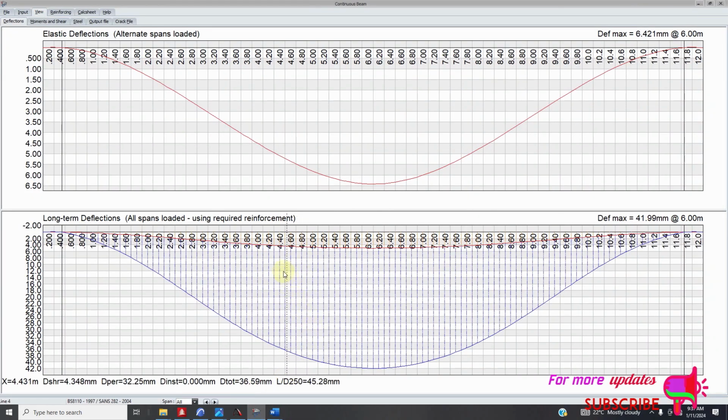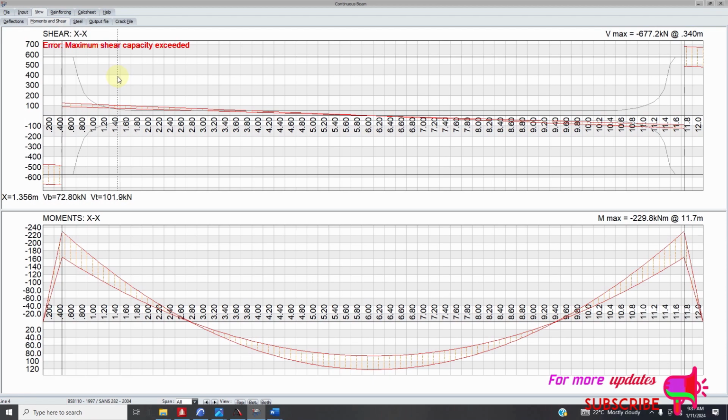And remember this one is also based on the reinforcement. So let us try to increase the reinforcement. Let's see the moments. The moment is also exceeding. So we know we are increasing the moments. The maximum shear capacity is exceeded. So it has also failed the maximum shear capacity. So that's why we know